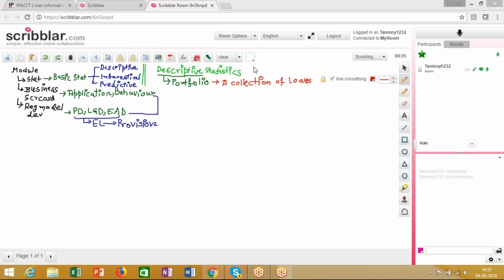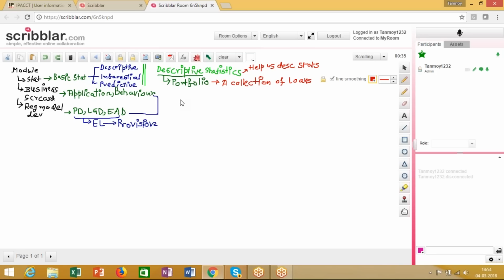So descriptive statistics help us describe a particular variable. That is why it's called descriptive stats, right? So when I talk about these descriptive measures,